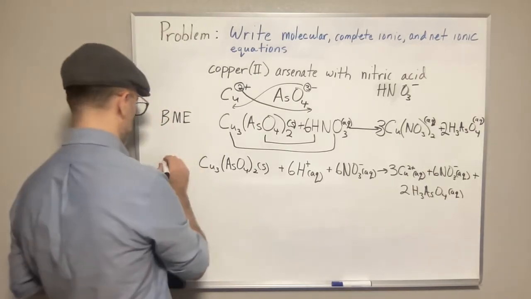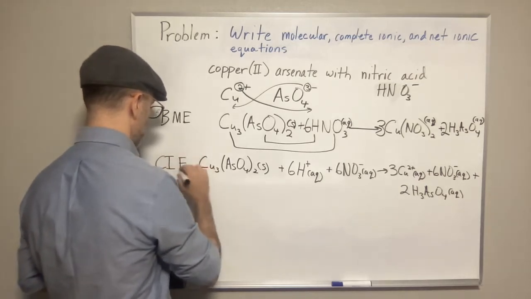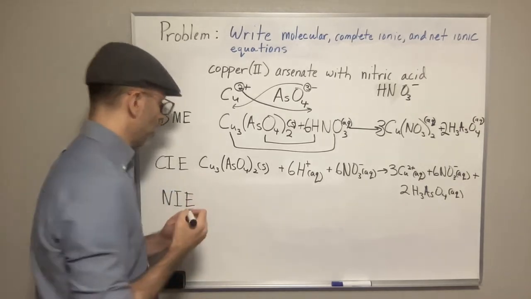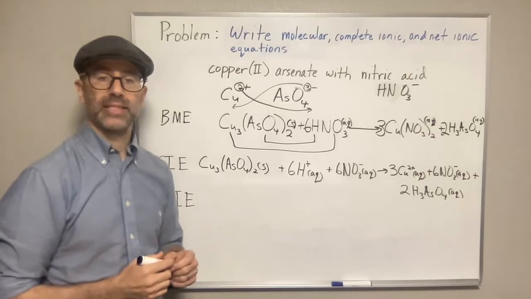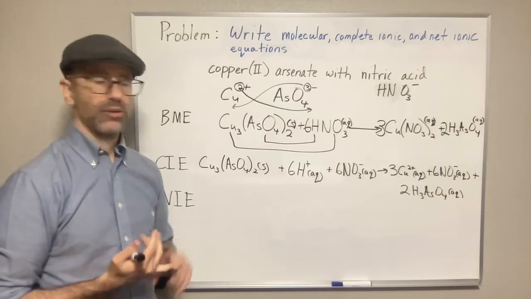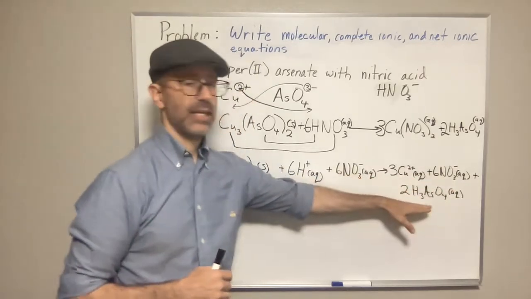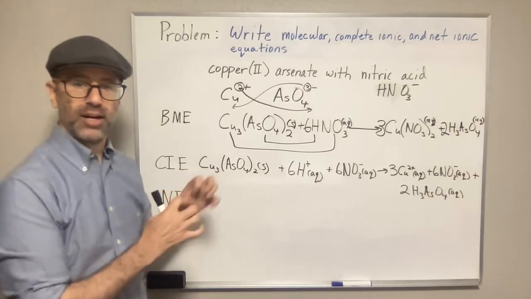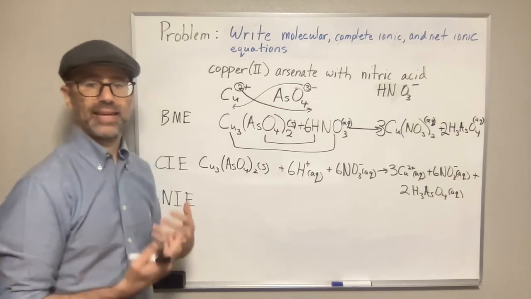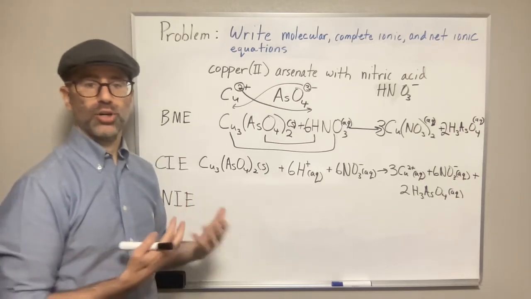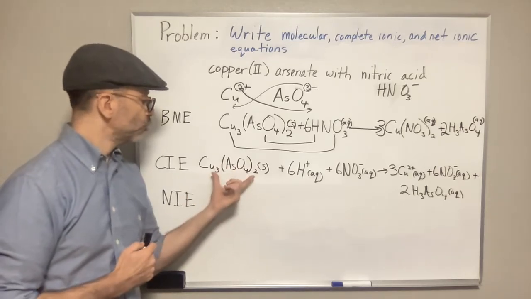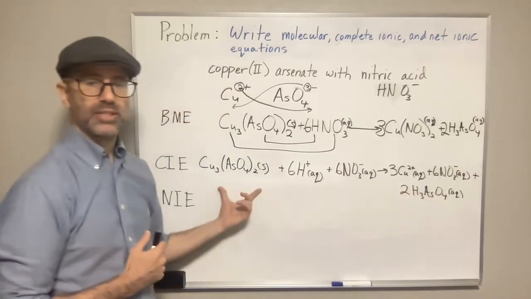And so now we have our complete ionic equation. That's CIE. So for the net ionic equation, NIE, we're going to get rid of the spectator ions. So we need to find the spectator ions, and we do that in a couple of ways. First, you can look at the products and see what over here is part of that product, what is involved in making that product. And so you would keep those, and anything that's not involved in making the product, you would eliminate. Another way, and probably a better way, is to look at what changes on both sides of your